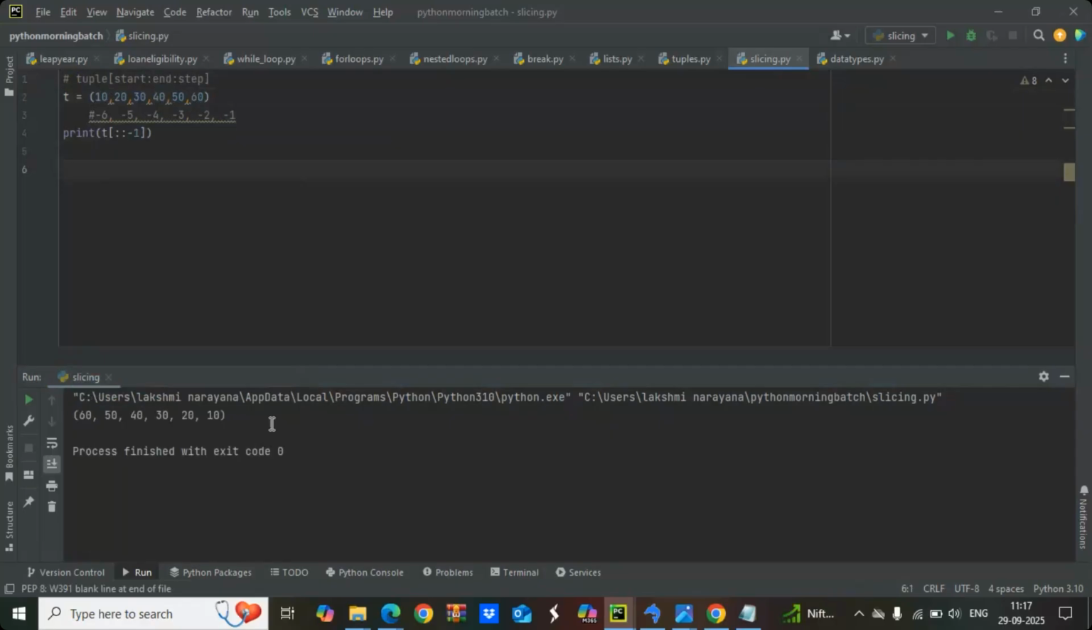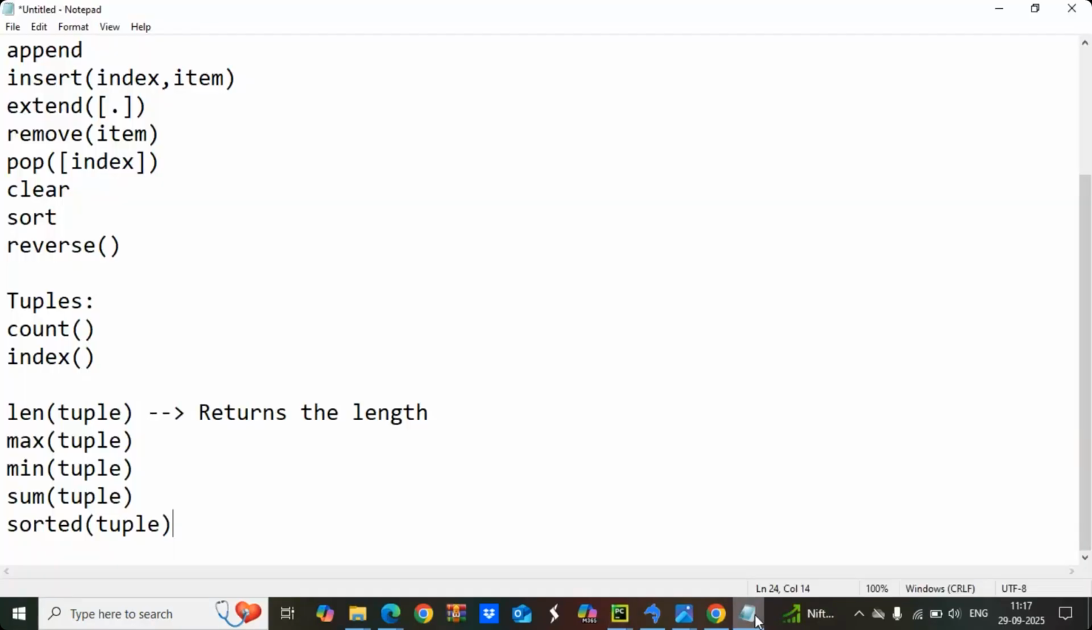Okay, so this is the list and the tuple. The list is mutable and ordered. Okay, so the tuple is ordered and it is immutable. So the list has methods like append, insert, extend, remove, pop, clear, sort, reverse, and the tuple has only two methods, count and index. The tuple has some built-in functions: len, max, min, sum, sorted. That's right. Okay,